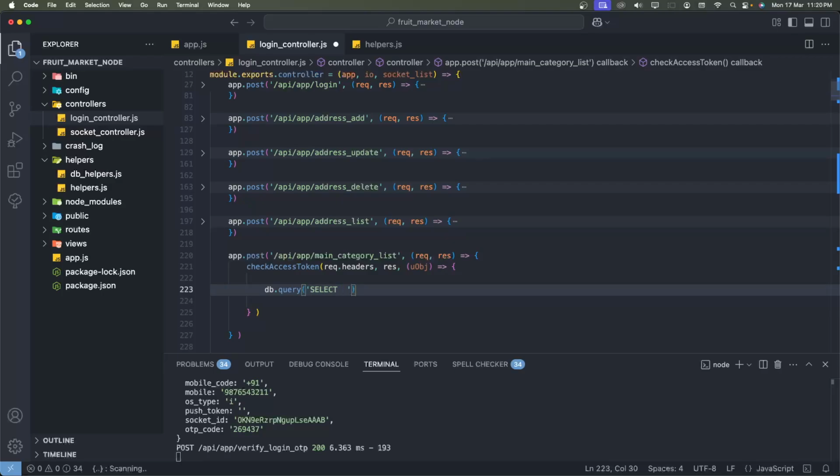We need to set the column names: main category dot underscore id, then main category name, underscore name, then status. Whether you give it or not doesn't matter, but it is good to put it. Now the where condition is not true yet, we need to use from, and use the table name main category,